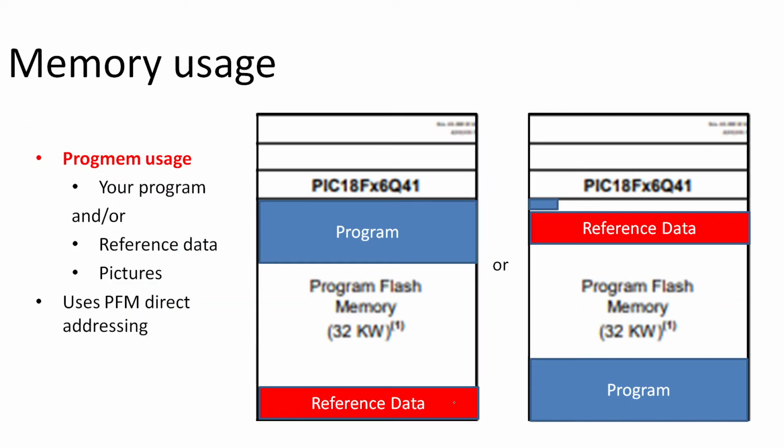Okay. All right. So let's have a look at using the PROGMEM. Why would you use it? Well, you've got your program. It's in this blue area. Our compiler puts it from the memory area 0 here, and it then populates it upwards in the program. And then if I wanted to put some reference data in there, I would write it to the top of memory here. I'd write it right at the top, well away from anything else, to ensure that my program didn't